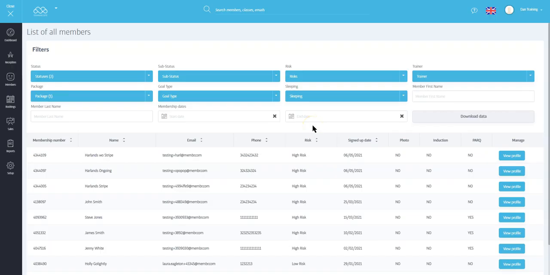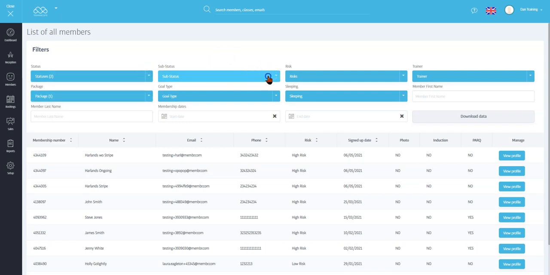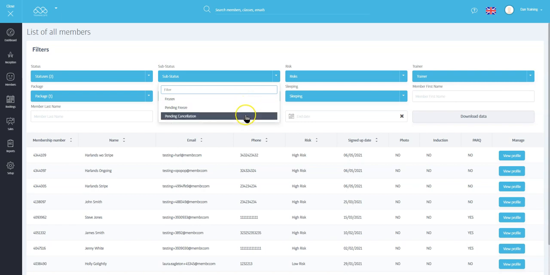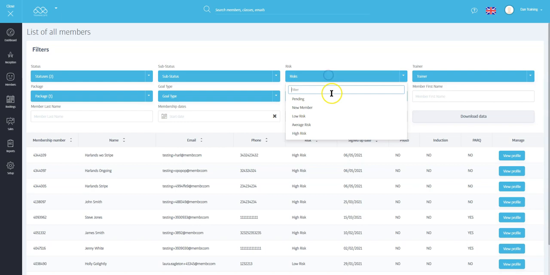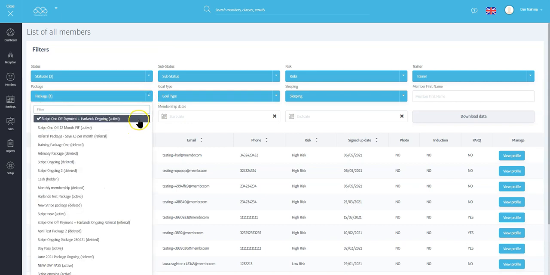Now let's have a quick look at the member database screen. Here we can see a list of all of our members, including some basic information about them and when they signed up. We can use these filters along the top to filter this list down in any way we'd like. We can filter by status. We can then filter by substatus if a member is frozen or has a pending freeze or cancellation. We can filter down on their member risk, the trainer that is assigned to them, the membership package that they are on,